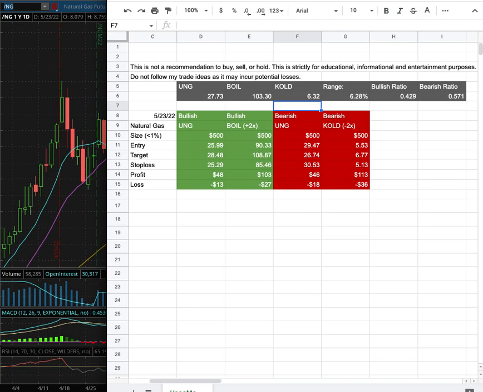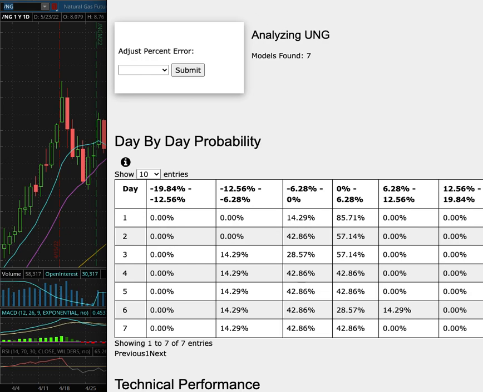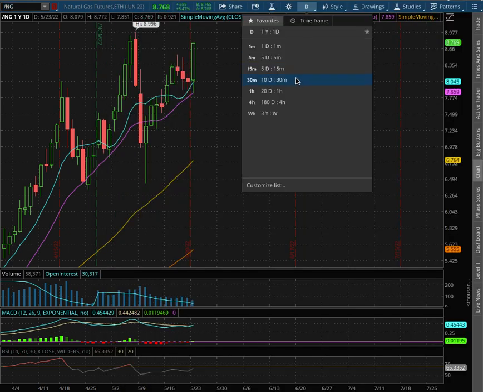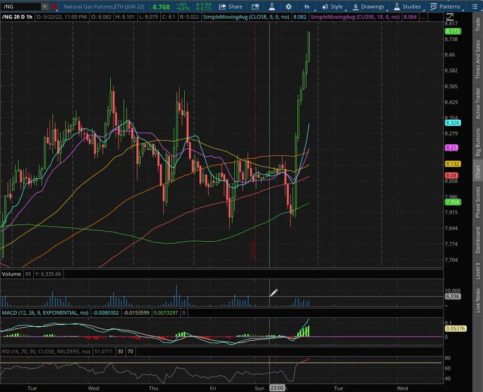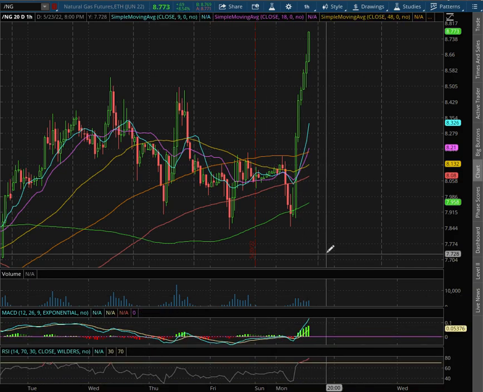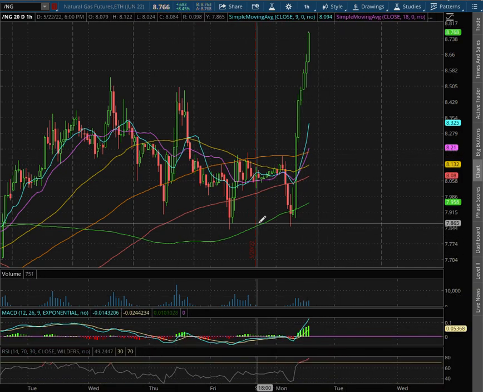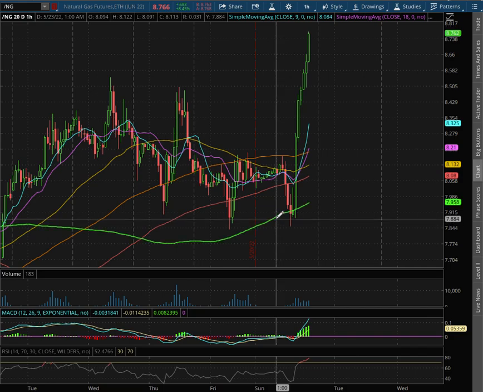Natural gas. In this video, we'll be going over my trade idea of the week in the day-by-day probability model. So let's start off with the technical analysis on the 1-hour chart. We are in positive MACD. We're at overbought levels with the RSI. We bounced right off the 200 moving average, this green line, currently at a price of